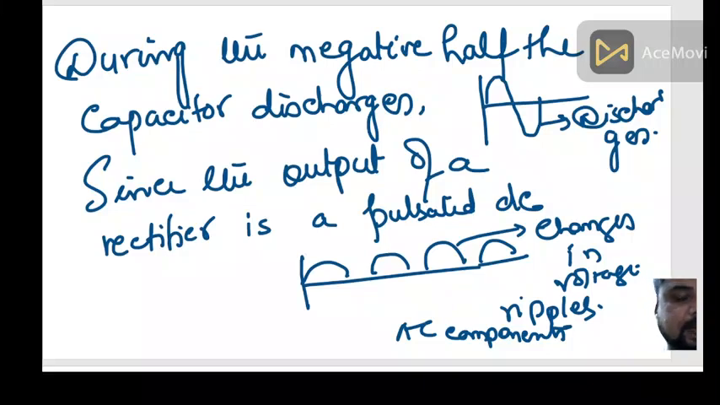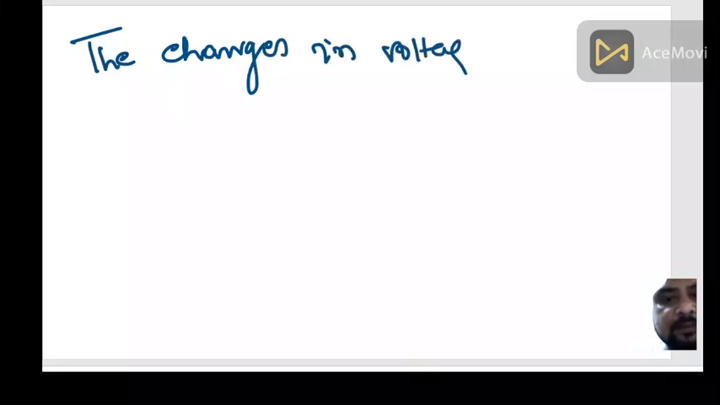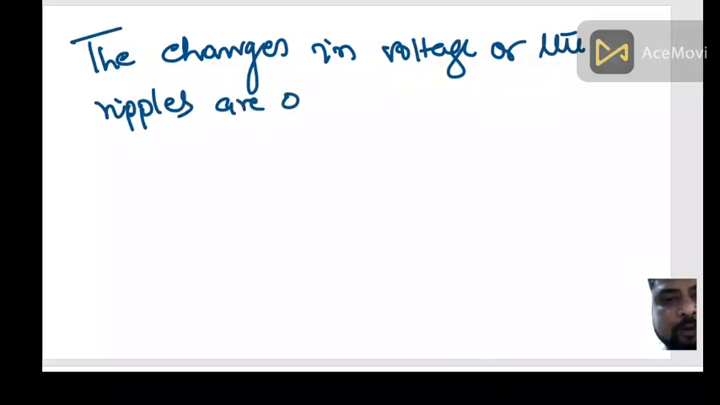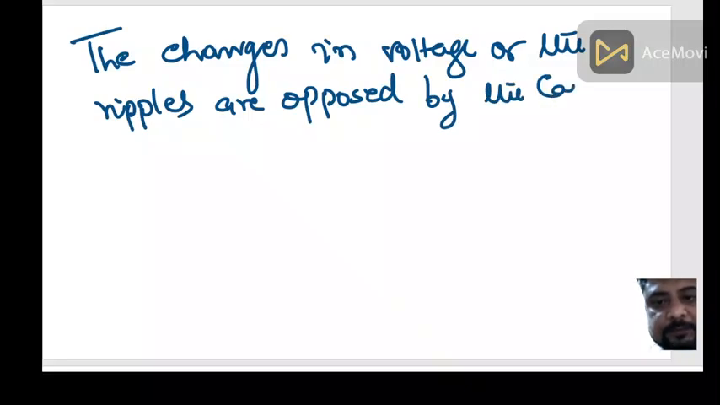So these changes are opposed by the capacitor as it is an inertia element. The changes in voltage or the ripples are opposed, and this opposition causes storage of energy. This is the significant aspect of an inertia element. The changes are opposed by the capacitor,